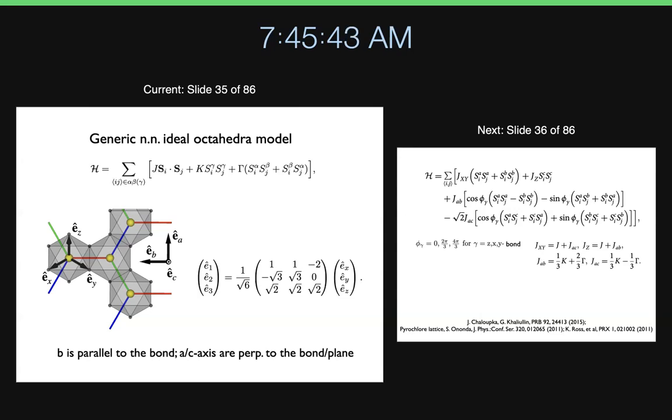So to look at the model, because now we are going to connect to the actual material. Materials are not made out of these axes. The axes that we are calling X, Y, Z are determined by, because we begin with an atomic site. In an atomic site, I can choose coordinates unless I have an environment. And that environment is provided by this octahedra. So this octahedra case was given to us, and we call that XYZ. You can see the XYZ, which is made through the direction of my p orbitals. But that is not very convenient.